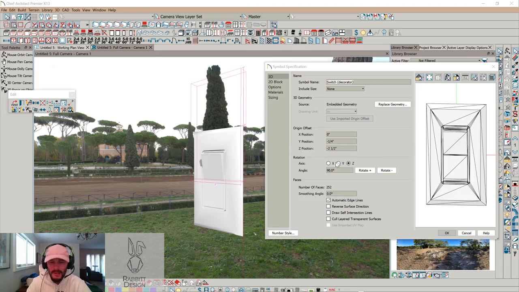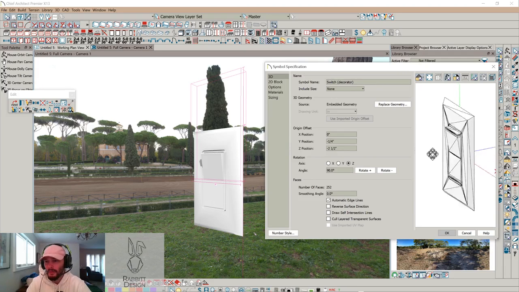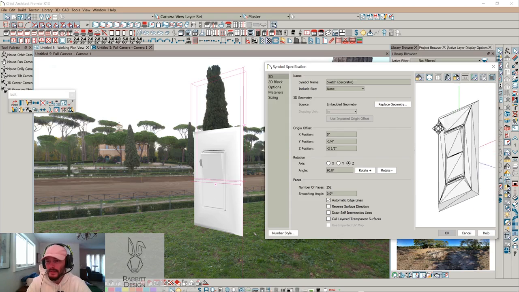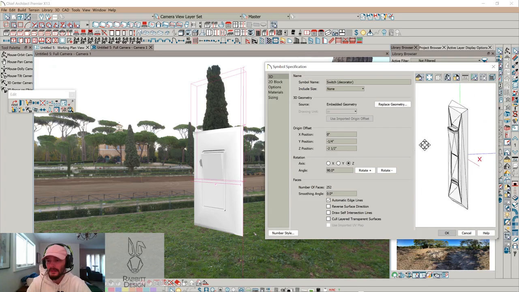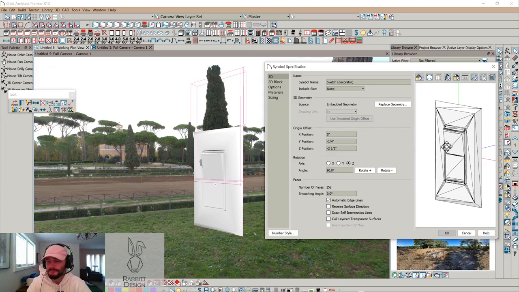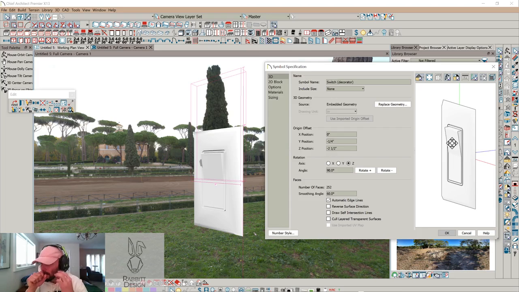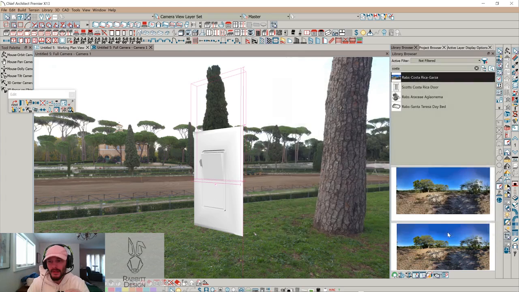But you can see here we changed the smoothing angle. What happened? All of a sudden we get all these edge lines, right? We get a bunch of vector lines. What the heck is that? Let's crank it back up to 60. They kind of disappear. What we're going to notice here is if I designate something like 80, okay, and then I press OK,